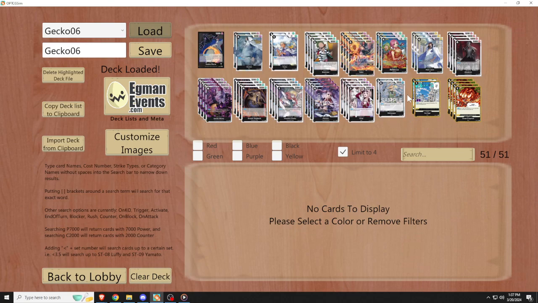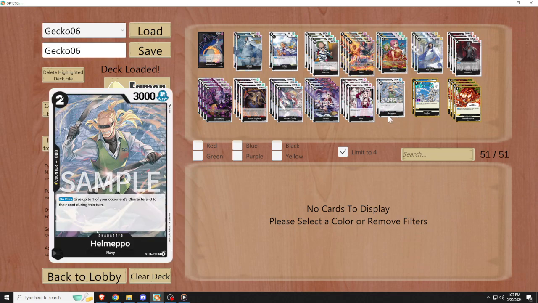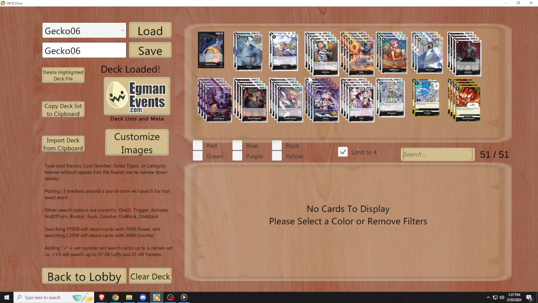Next up is Gecko Moria. This is the list I was running. Now, this deck feels very solid. It just feels very good. It feels like it always has answers. It feels like you always have some type of option you can play out. One thing I have seen people do is run the 2-cost Cerberus, which I think is a great